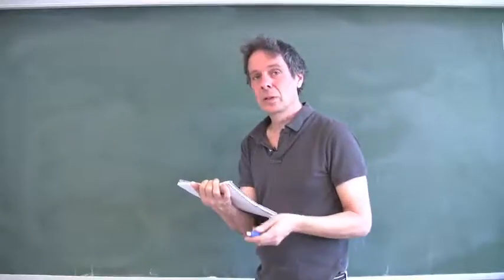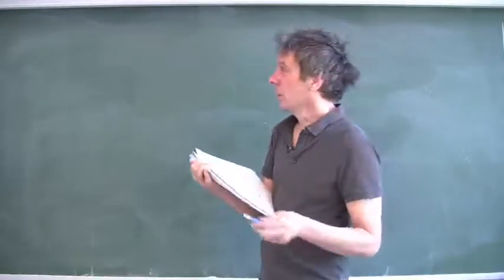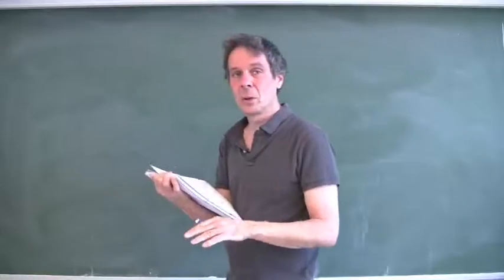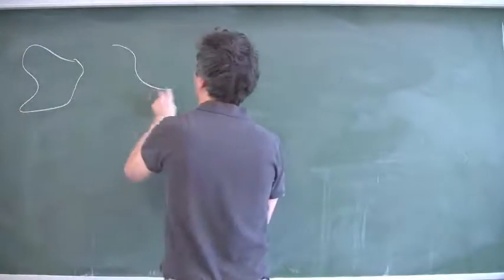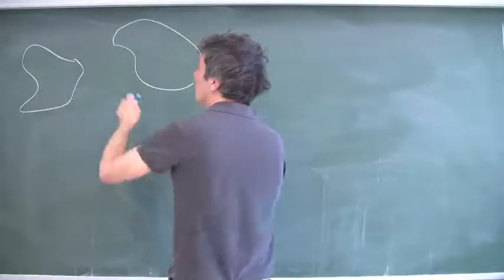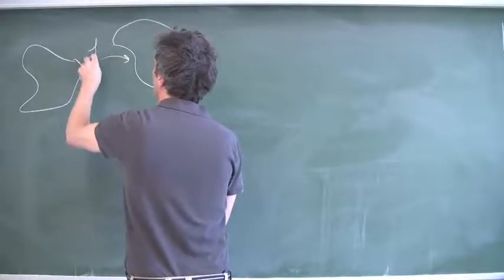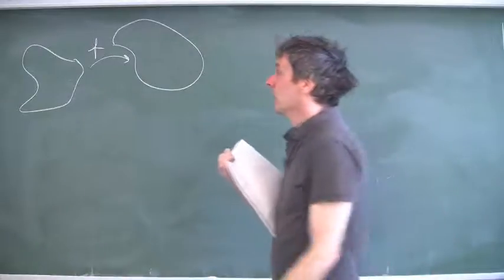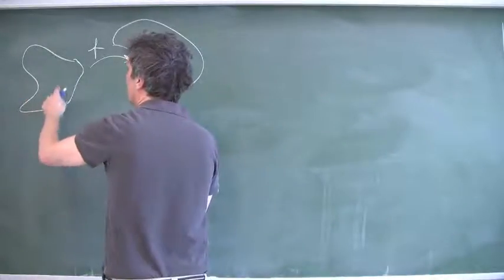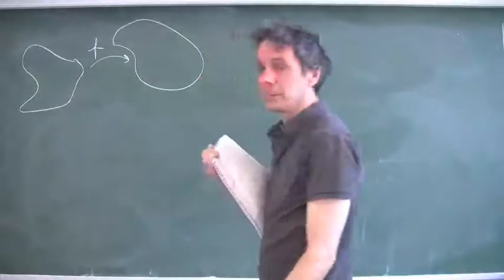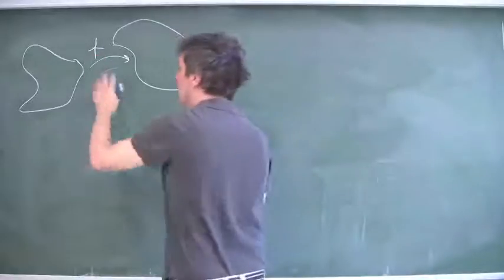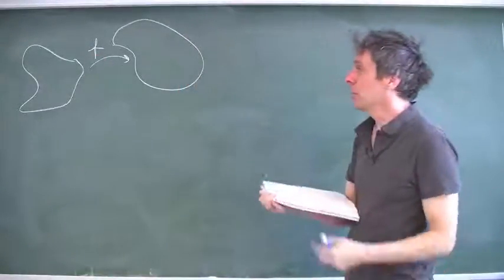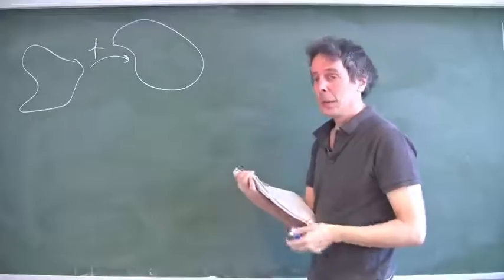In this lecture, we'll consider the problem of how you can map one subset of the complex plane onto another by an analytic function. So suppose that we have some set here and another set here. Can we find an analytic function which will map this set bijectively onto that one? This problem of finding such an f turns out to be very important in many applications, and it's also interesting